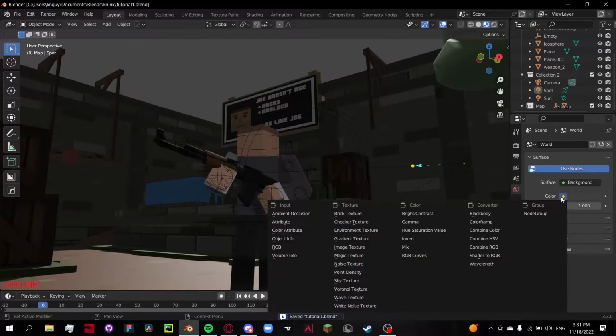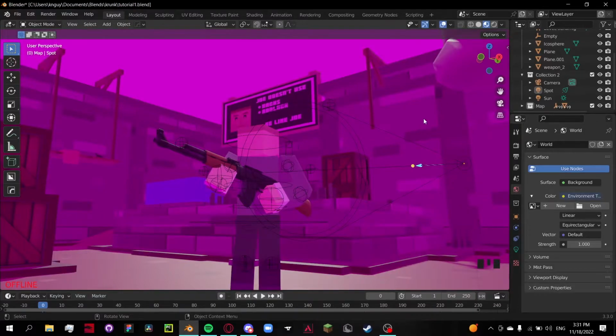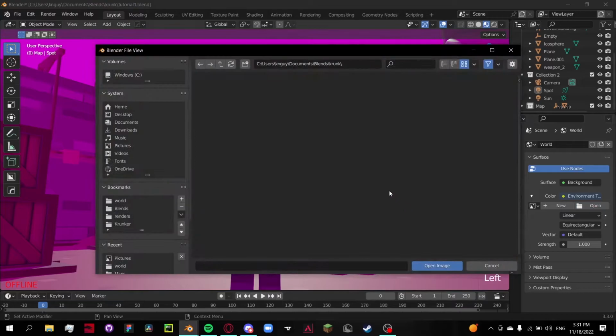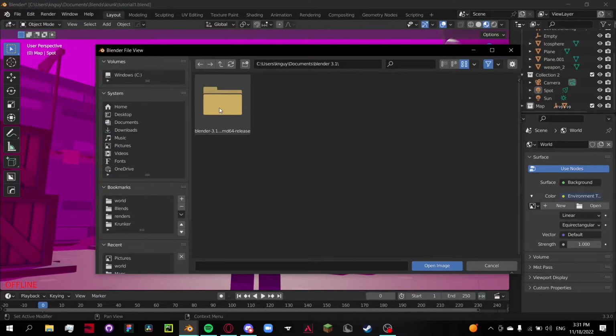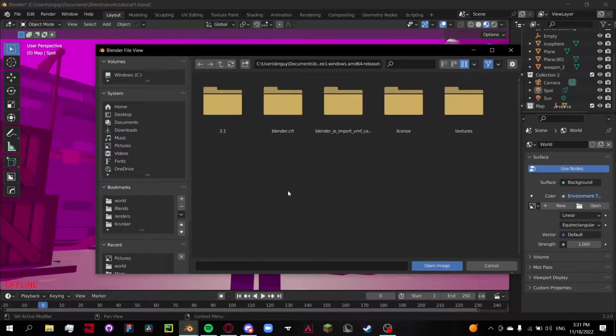And to do that, the first thing you can do is press the yellow circle here, much like how you replace the image texture. You're going to click it and select environment texture. And that should turn everything purple. And then hit open right here. And then go into wherever you have Blender installed. So for me, that's in Documents, Blender. You click on Blender, and then you're going to click on your version number,